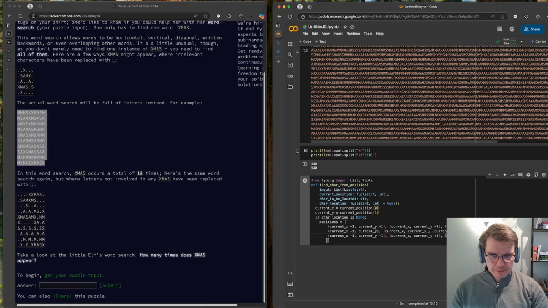Okay, so this is the happy path. Then we have this case when we are going kind of out of bounds. So we could do so that